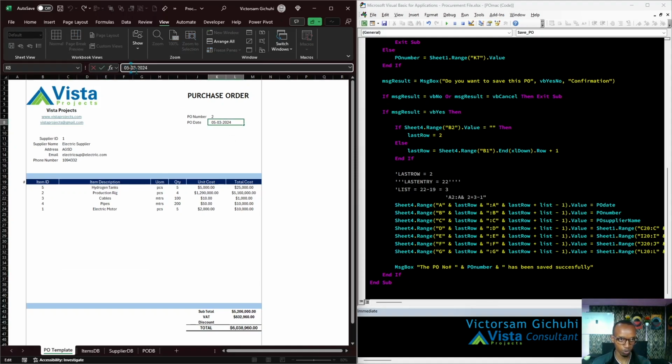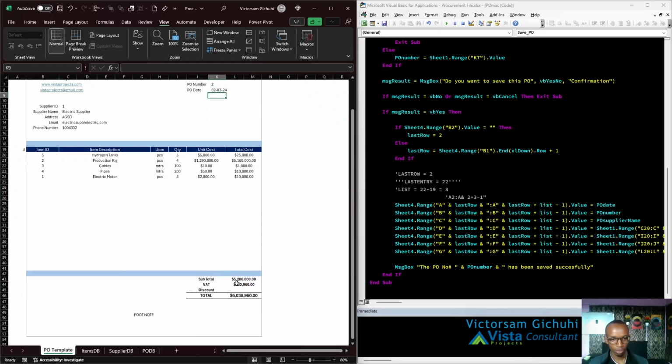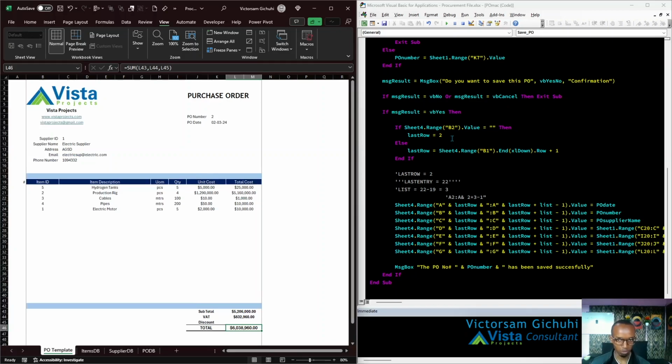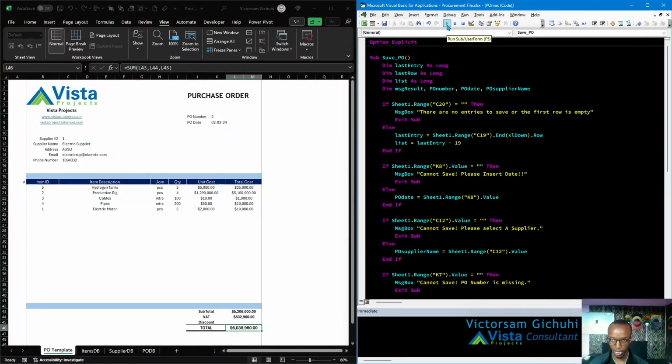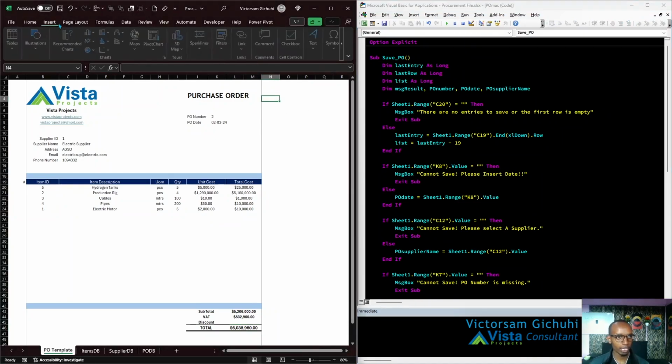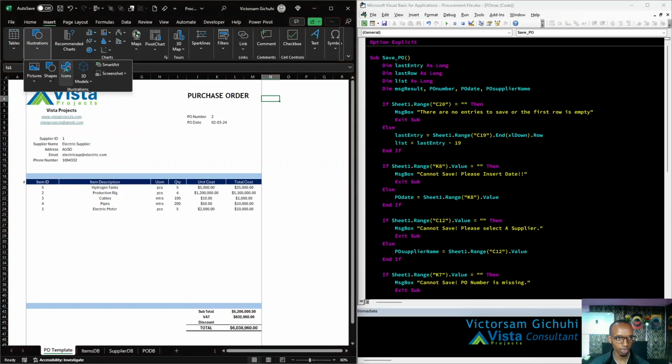Date, let's say this was for date 2. So this is our total. Once I confirm the total, all I need to do now is click on run this macro. So I can click on this button to execute, or I can insert a button here. Let's insert a button, shapes, button, insert a button here,